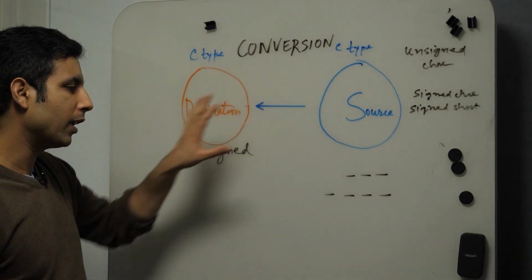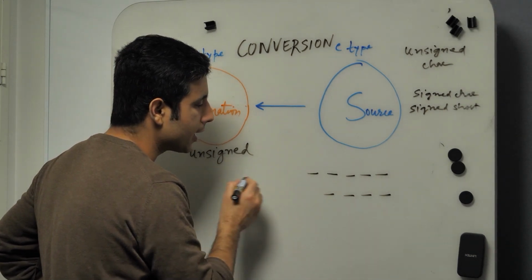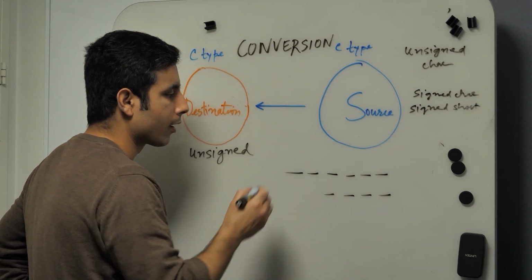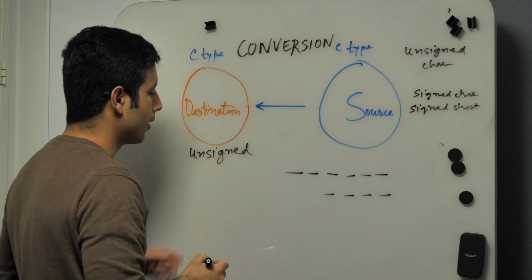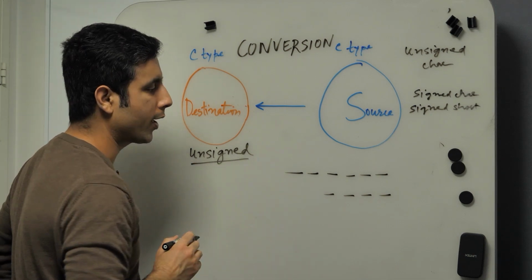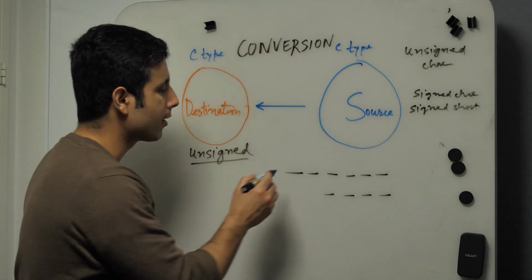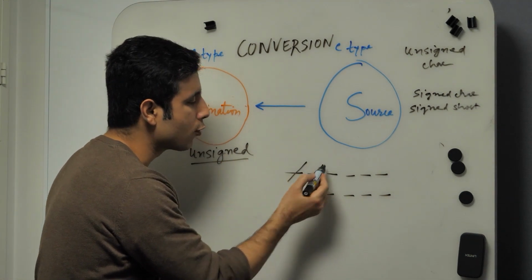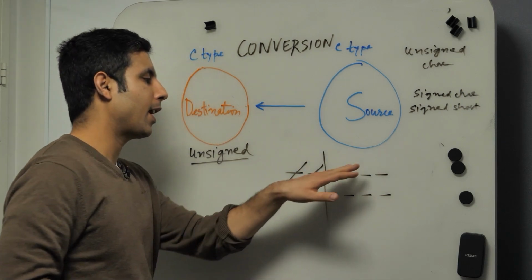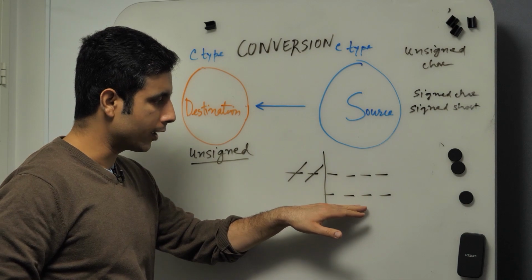The conversion will preserve the values. But what if the source is 6 bytes long and the destination is, remember, unsigned? So what happens usually in most implementations is that these 2 bytes get truncated and the value is then converted